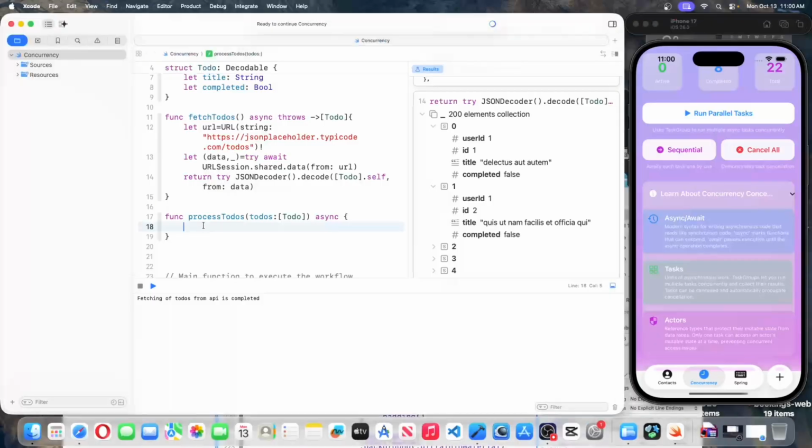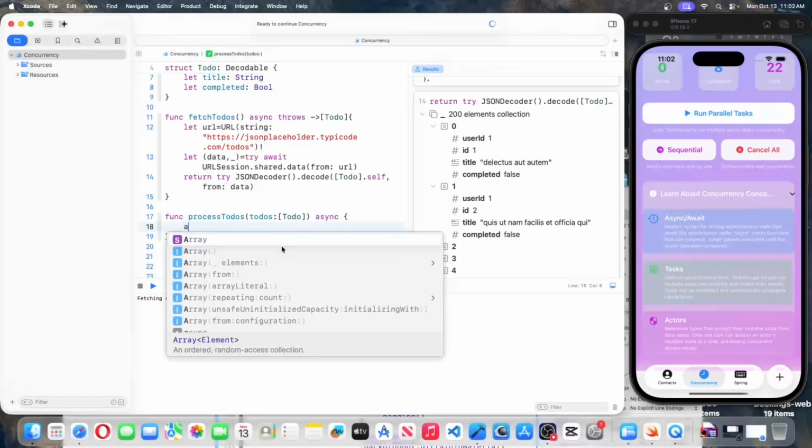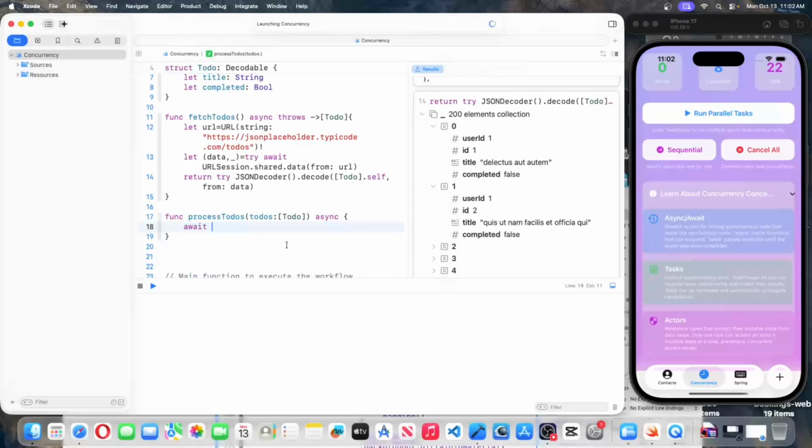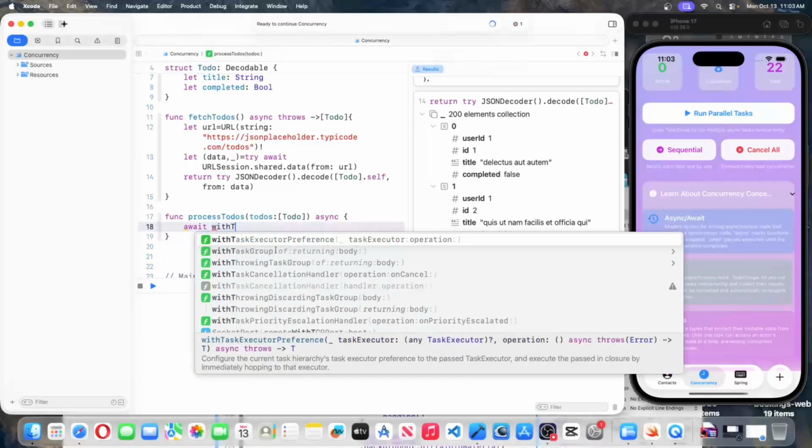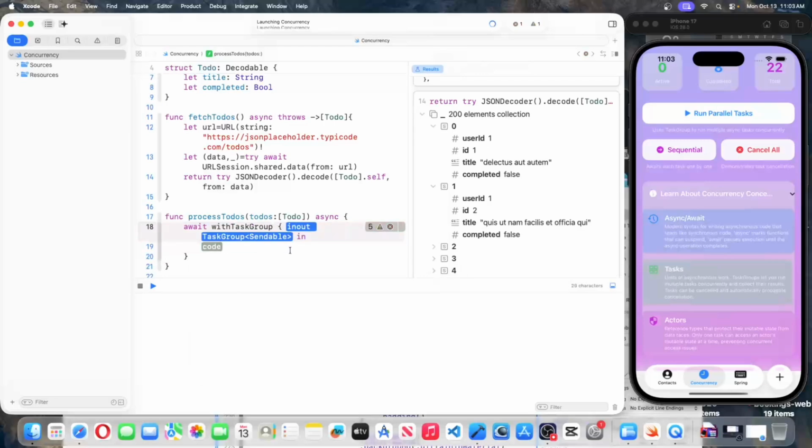So we can say await, we say withTaskGroup, and the group in the code, and this for the todo in toDos,